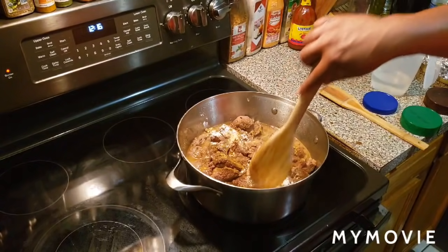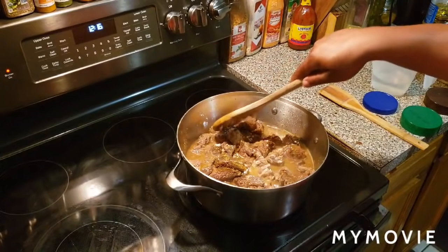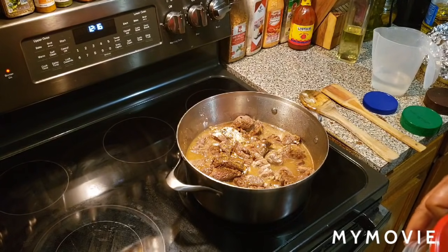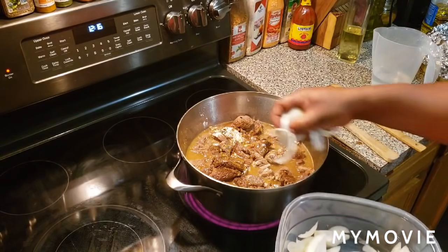And as it cooks, you're gonna see that the juice and the flavor, you're gonna see it start to turn brown, as you can see it now. Of course, it'll get a little darker. All right. So what I'm gonna do, I'm gonna lay some more onions